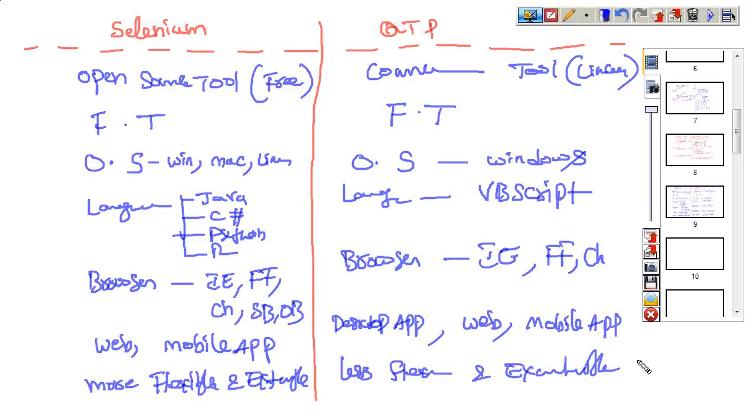Both tools are used for implementing functionality testing only. Next we can go to another one: operating systems.